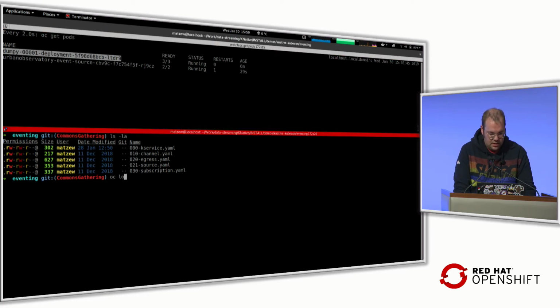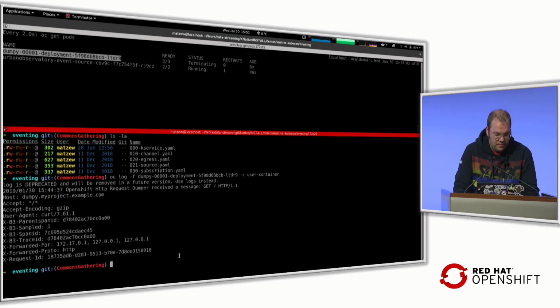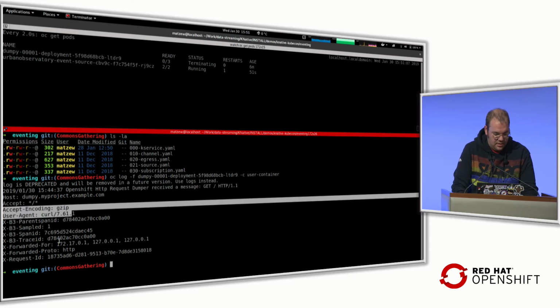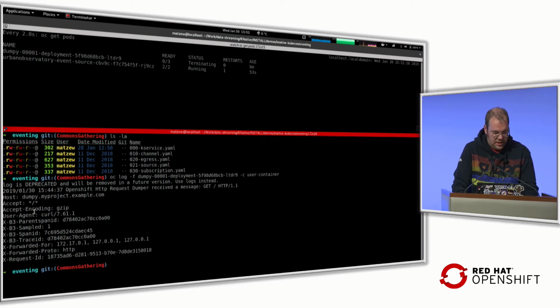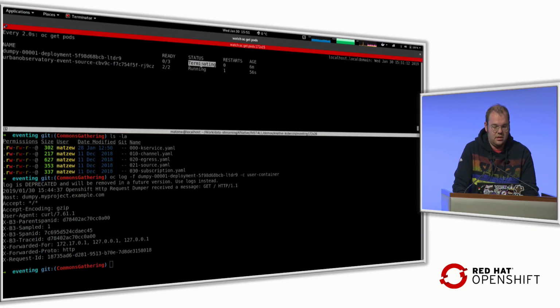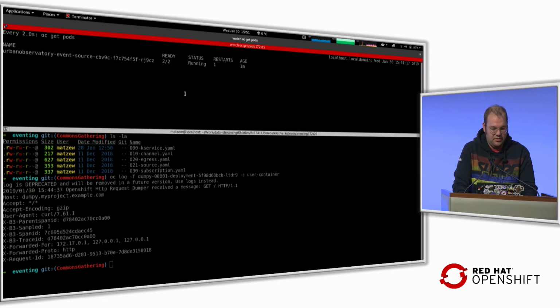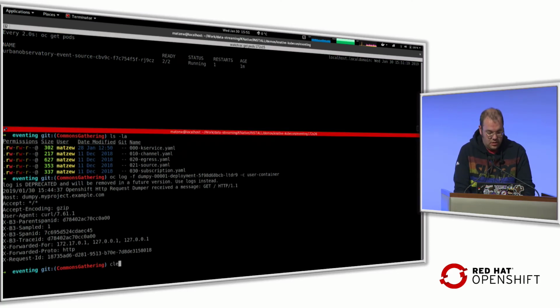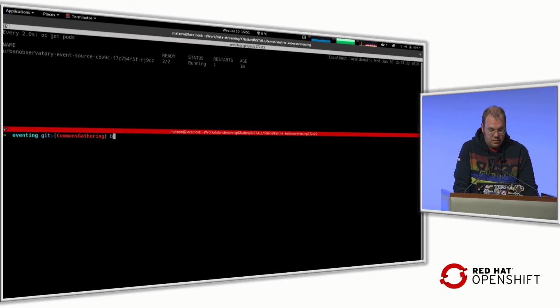So let's see the logs of that particular container. There's 3 containers running in this pod, and there's one that's the user container, which is actually my code. The other ones are injected by the framework. And what we see, there's no fancy cloud event here. It's just vanilla HTTP here. And what we actually see here, I was talking more than 5 minutes, so this guy is now idle and terminating. It was not receiving any traffic, and now it is gone. Okay, cool. That's exactly what I wanted.